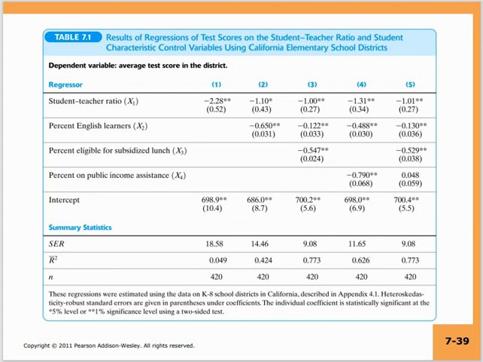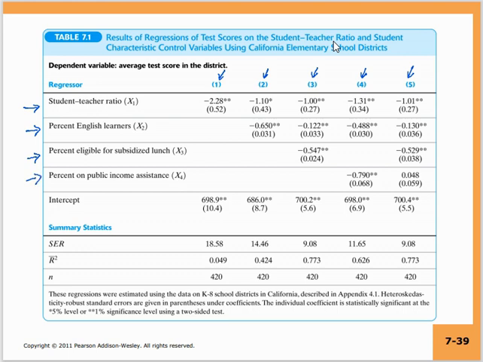So this is a possible table in a tabular form. You can report your results. In this table, 1 stands for the first model that you have built, 2 stands for the second model, 3 stands for the third model, 4 stands for the fourth model, and 5 stands for the fifth regression model that you have built. And these are the independent variables that have been included in each of these models.